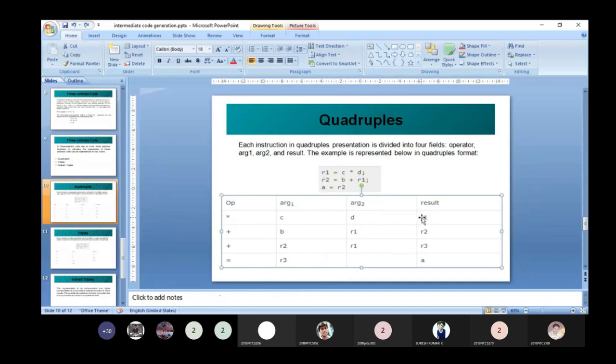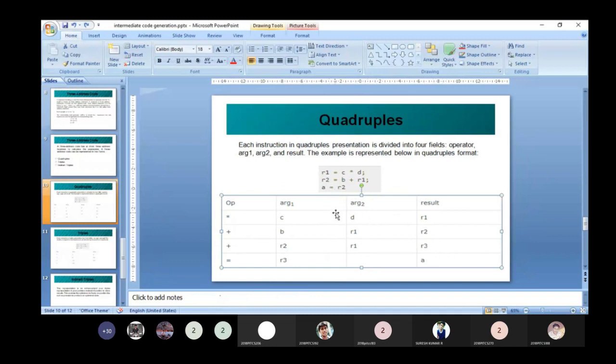Next one is R2 equal to B plus R1. Here the operator is plus, so you place plus in the operator field, argument 1 is B, argument 2 is R1, and the result is stored in variable R2.